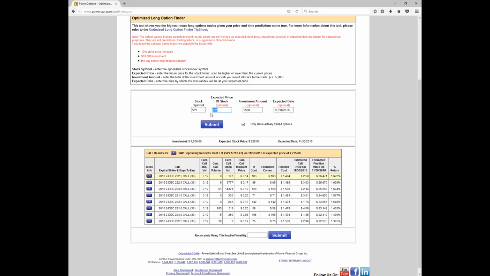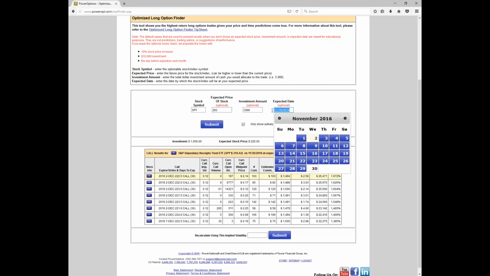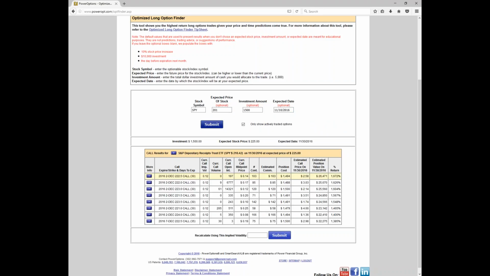So let's say you feel that the index is going to pull back, SPY would pull back to about 201, drop about 5 or 7% or so from where it is right now, and you think that's going to happen around the 10th. So even though I went into the long option finder for the long calls, if I put in a value below the current stock price, I change my target date to a closer time period,